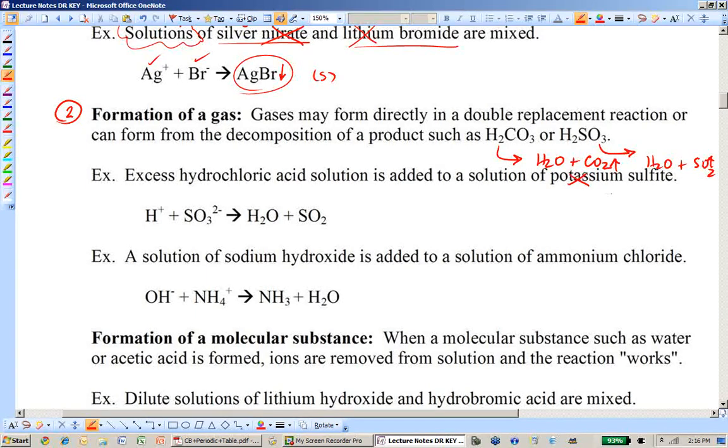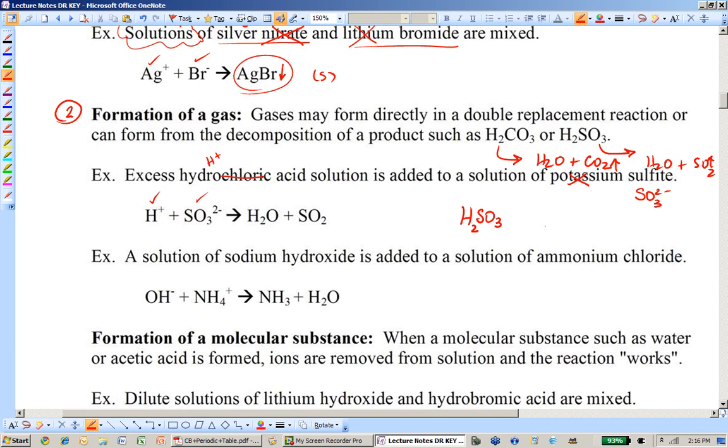Wait, is silver, mercury, or lead present? Nope. So I can get rid of the chloride and just think about it as H+. And then I already got rid of the potassium, so my sulfite is SO3 2-, and you should know that. Shame on you if you don't. So it's my H+ and my SO3 2- that are reacting, and my inclination is to just smoosh them together